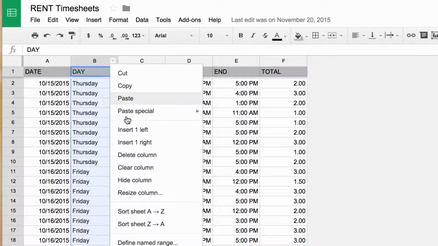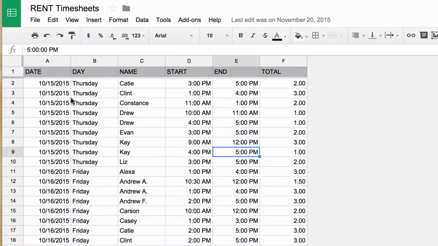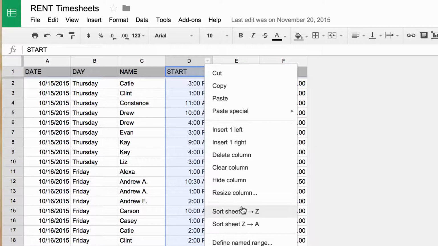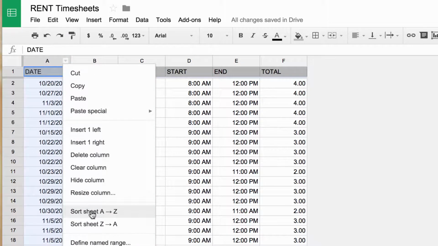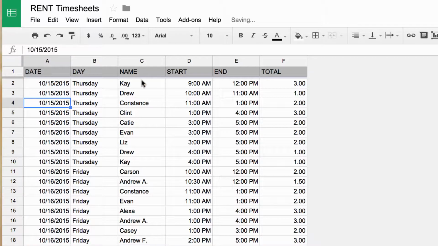And what's great about this is it's sortable. So right now I'm in a view that allows me to look at one day at a time and to see who's coming in at the start of the day and who's coming in later on in the day. It's a little mixed up. Let me reorganize this real quick. So if I sort the start times and then I sort the days, it will put them in an order